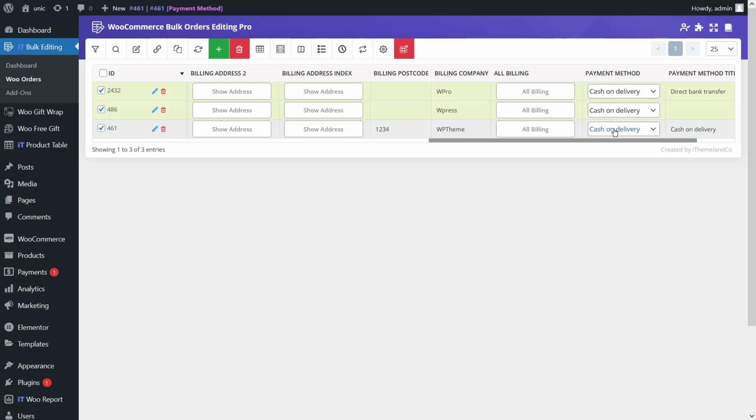Alright, so now let's change the multi-order payments method at the same time by bind edit. Bind edit is another way for changing the multi-order payments method in our plugin. This method is only available after adding the columns that you want to bulk edit their values. Now, since we have added the payment method column in the previous tab, it's possible to use the bind edit